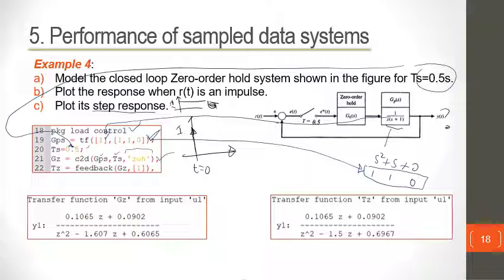So the G(z) will simply be the open loop transfer function. But what you are interested in is the closed loop transfer function. So your G(z) will be in this form. So this is the open loop. Now we know that the closed loop, let's say T(z), is equal to G(z) over 1 plus G(z). But you don't want to do that. So the simplest way of doing it in